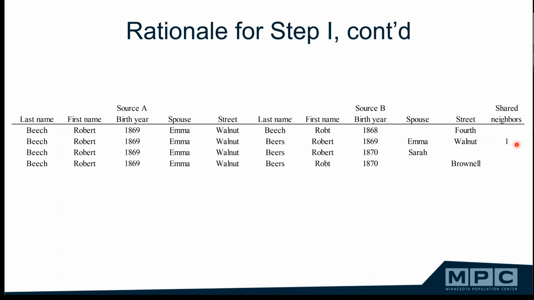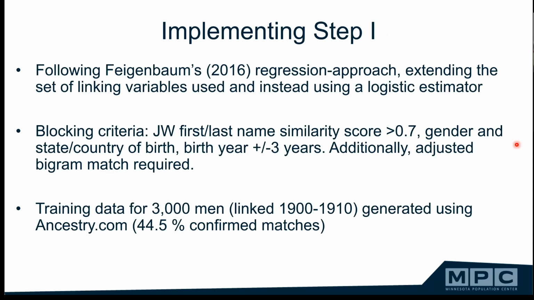There's more information here that I could show, but you'll just have to take my word for it. Again, we can't say definitely that this is the right individual because we can't ask this person. They're dead. But it would appear to be highly unlikely to be anyone else. So this is what we're trying to do: we're trying to train our algorithm to use this information.